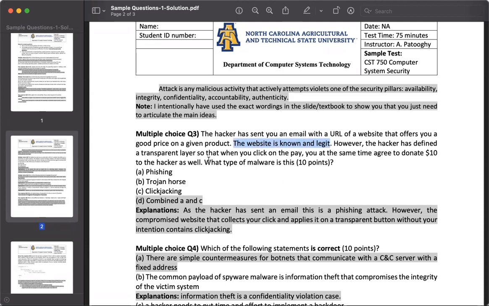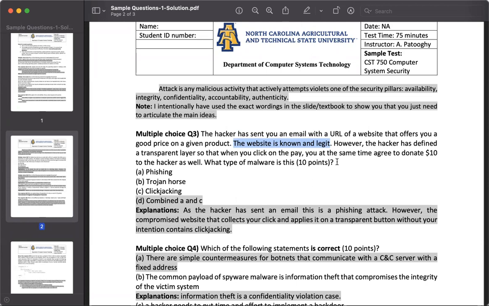However, the hacker has defined a transparent layer so that when you click on the pay button, you at the same time agree to donate $10 to the hacker. So what type of malware is this? Of course, you are clicking on something, but your click is being used for a different thing,